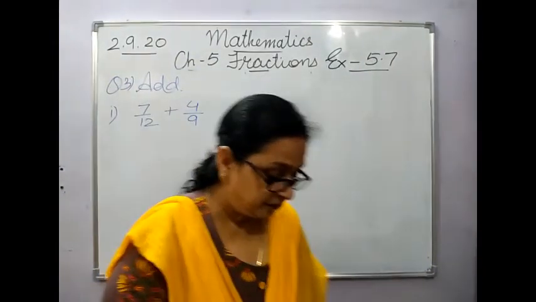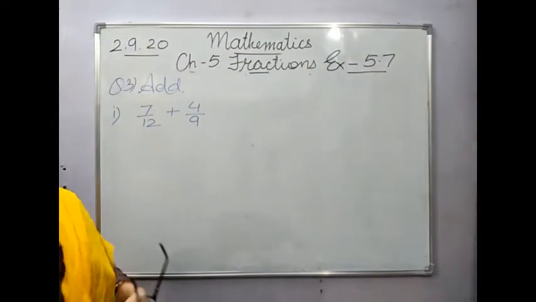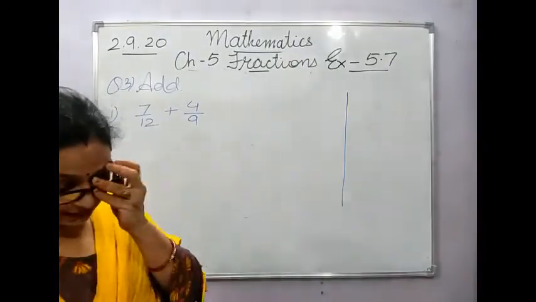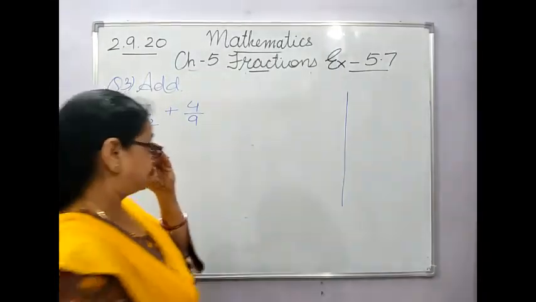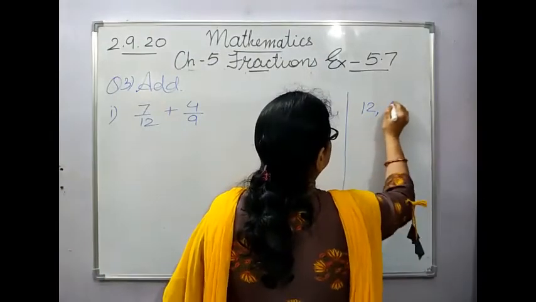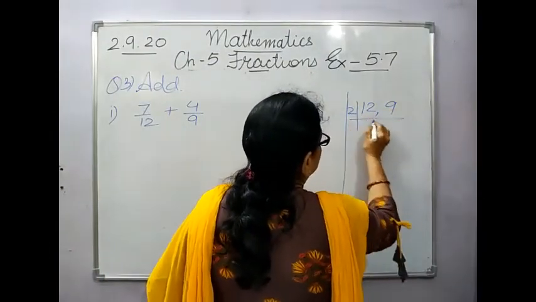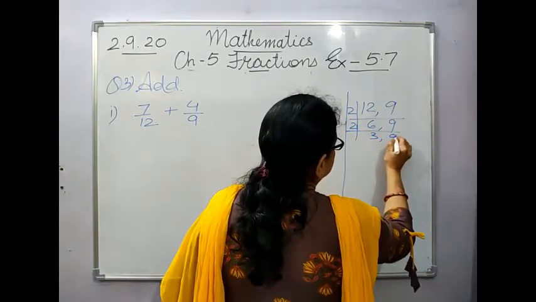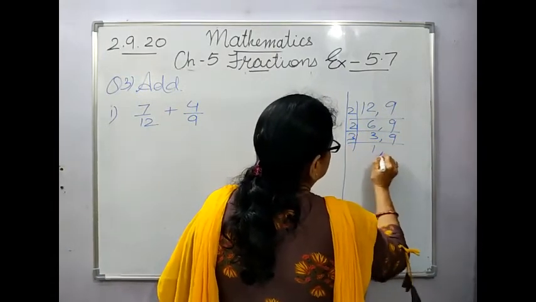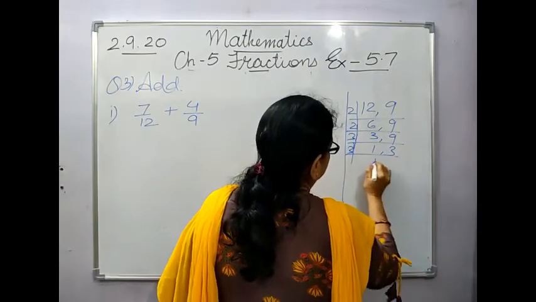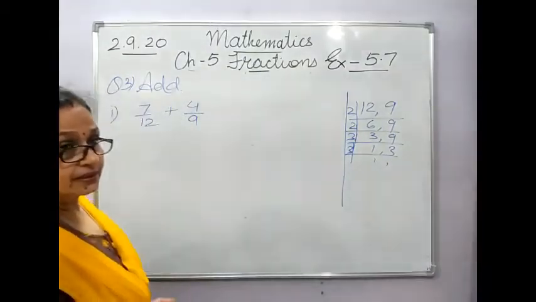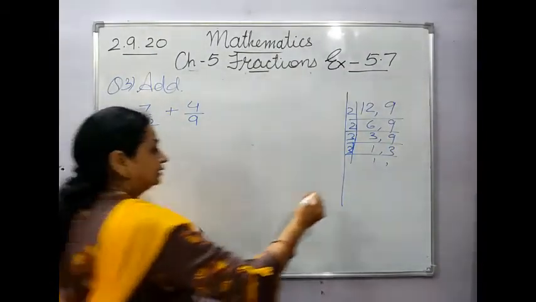Now see here children, denominators are not same, they are unlike fractions, so we have to take out the LCM. And if I take out the LCM for this, it will be 36. I will just show how you will take it out. 2 6s are 12, 2 3s are 6, 3 1s are 3, and 3 3s are 9, 9 2s are 18, 18 2s are 36. So your LCM is